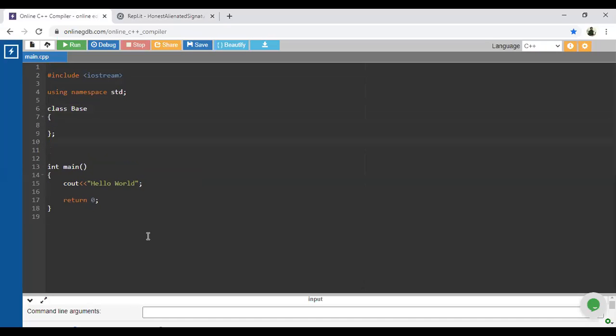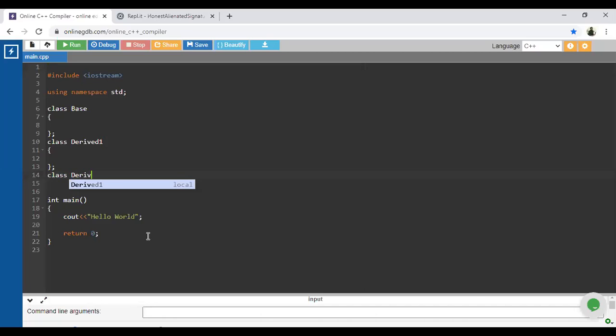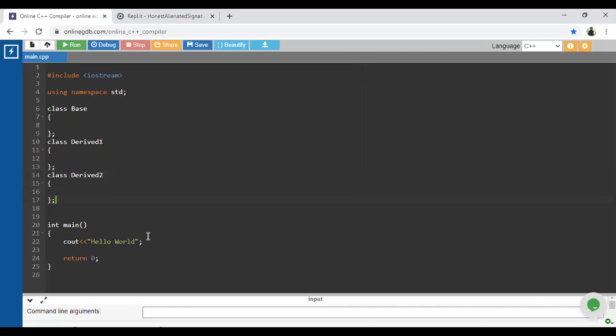This is the first class. The second one is derived. I will write it as derived so that you get a better idea of how many derived classes there are. That's why I'm writing names in that manner. Derived 2. For now we will only consider 2 derived classes.